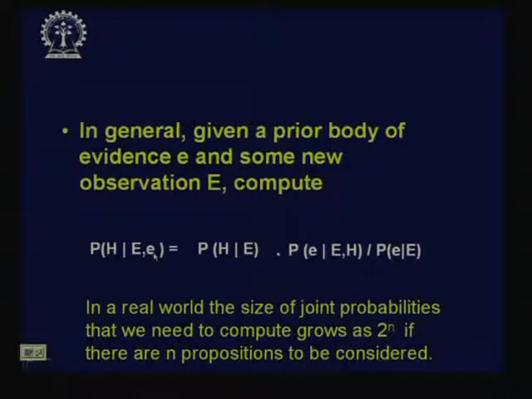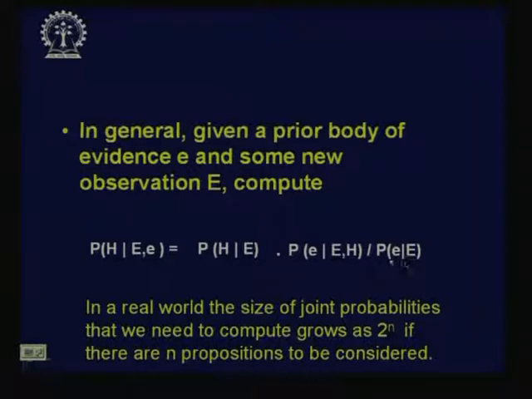Now I also know about fever, this small e is fever. That means I have to compute this conditional probability as P(H | E) times P(e | H, E), which is the dependence: if somebody has spots and measles, what is the probability of his fever? I have to multiply with this and then divide with the